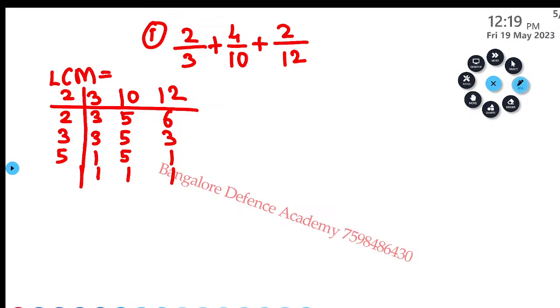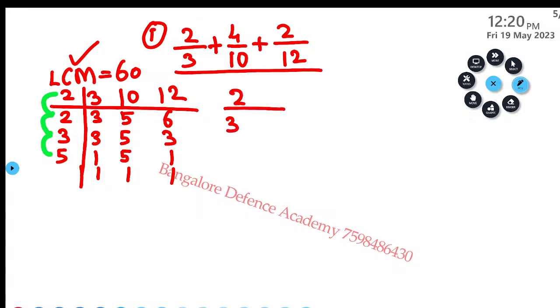Okay, now you have to multiply. So 5 into 3 is 15. 15 into 2 is 30. 30 into 2 is 60. So the LCM you got is 60. So I hope till here you understand LCM is 60. Okay, now look at the question. The first fraction is 2 by 3 plus the second fraction is 4 by 10 and the third fraction is